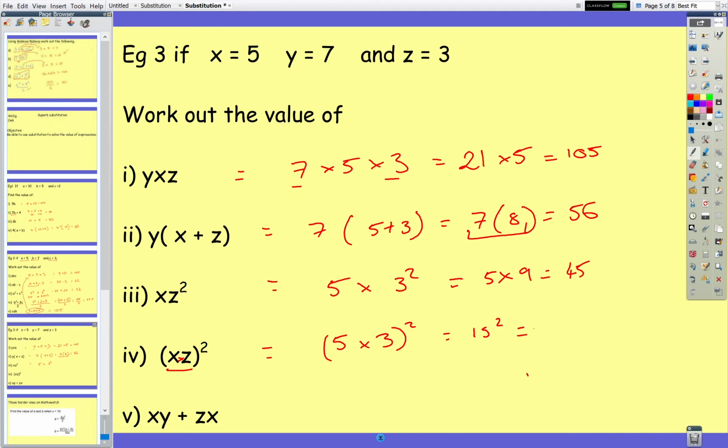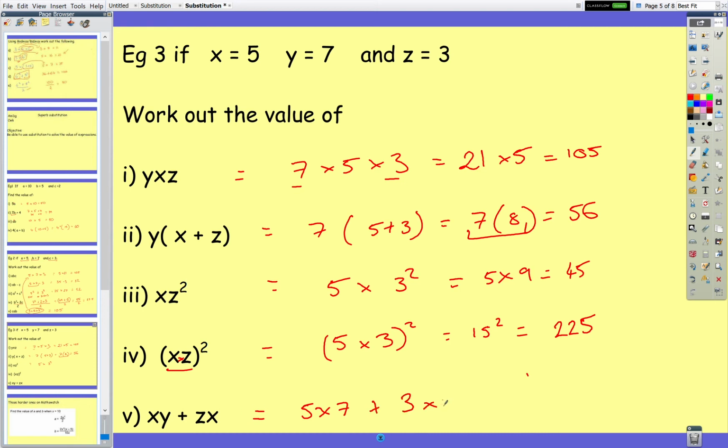Now 15 squared, you need to remember, is 225. It's one of the questions which you cannot use a calculator for, and you are expected to know the first 15 square numbers. Now this one, xy, so we've got 5 times 7